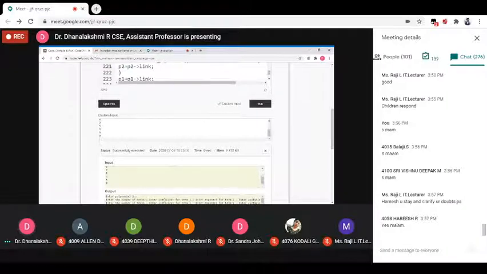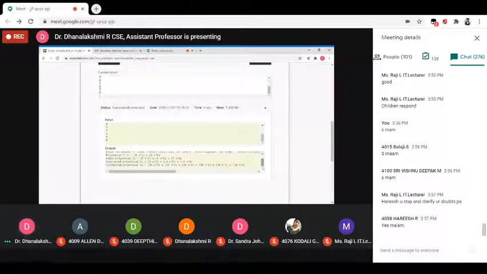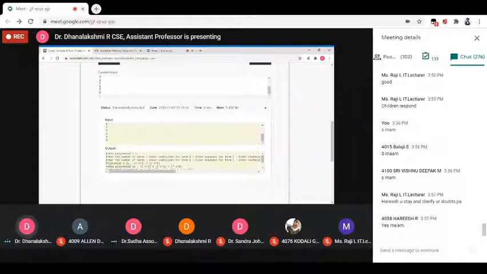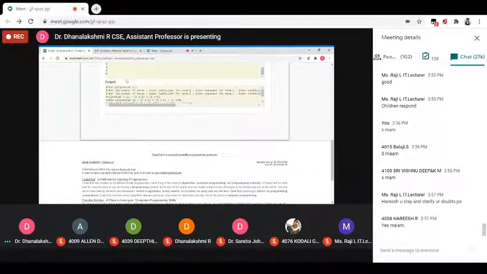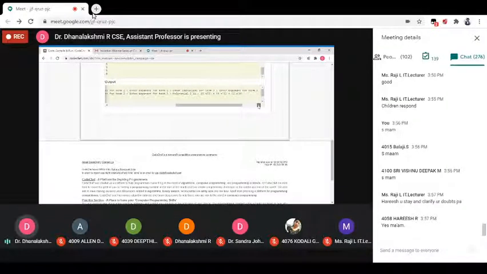See, this is the output of your polynomial. For polynomial 1, I gave 3 terms, so it takes all the values one by one. This is our polynomial 1: 5x square plus 4. I use the plus operator in the printf statement, because to get this expression we need to print that operator in the printf statement. So this is polynomial 1, and this is polynomial 2.